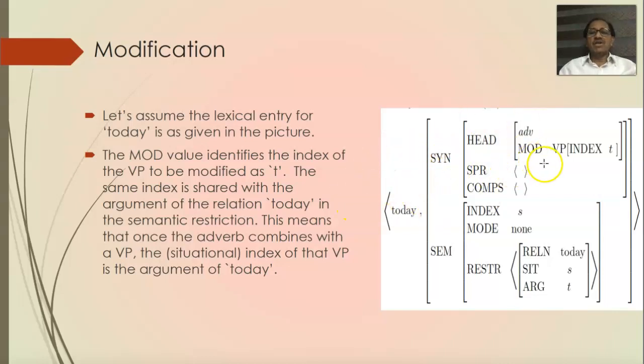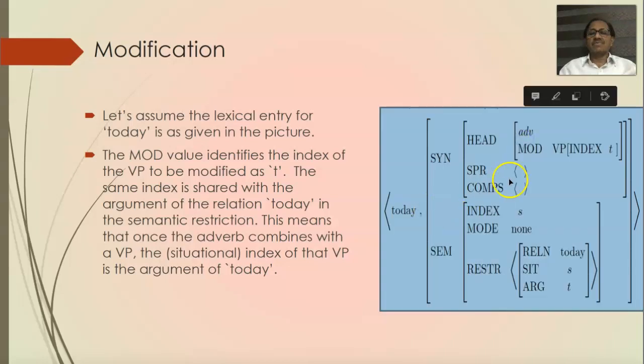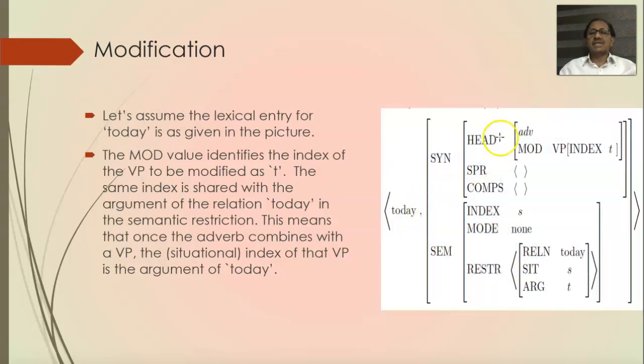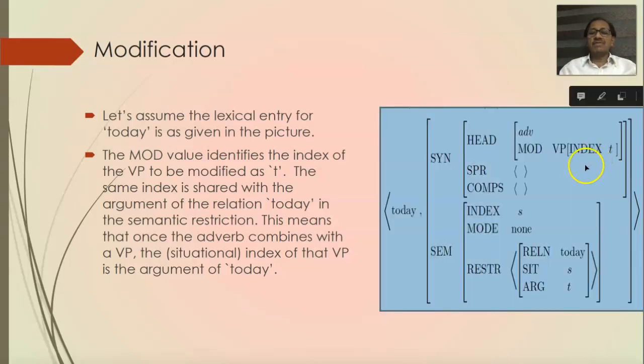The mod value identifies the index of the VP, right? Today is the adverb, the head value is adverb, and mod says it modifies a VP. The mod value says it modifies a VP whose index value is T, and this index is shared with the argument of the relation,